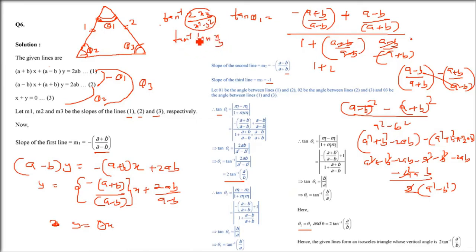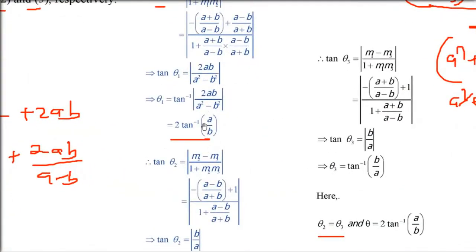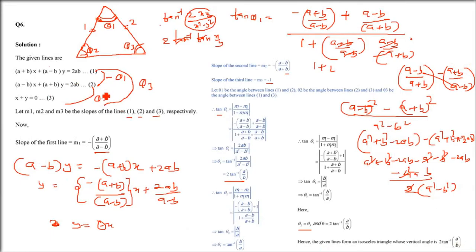So I am trying to tell you all these things, but for trigonometry you have to go back and find it out. I hope that you will be able to do this. So as I conclude this, let me go to the next question. The only catch is, again, this is an important question that I am telling again and again. There is a catch here. 2 tan inverse a by b is what you are going to write.